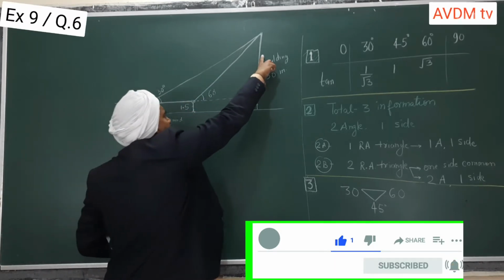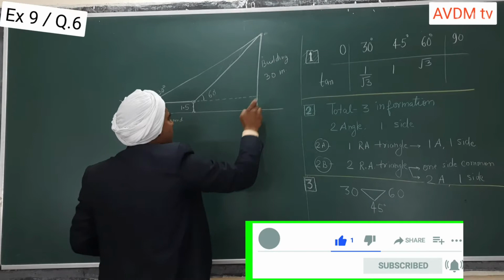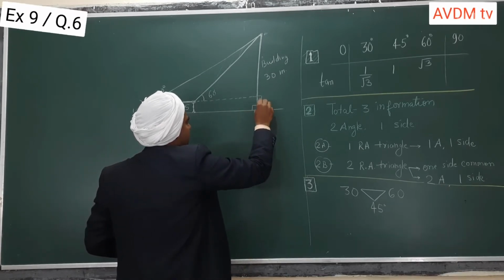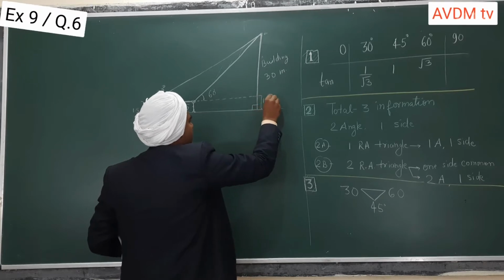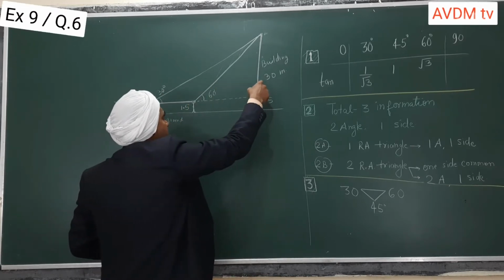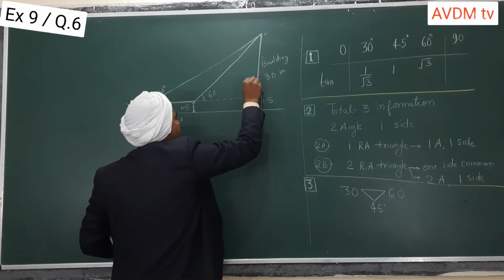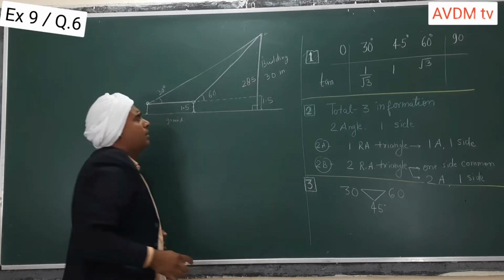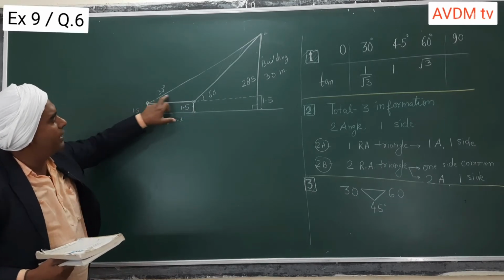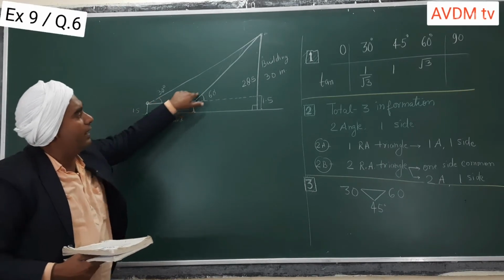We know the height, for this obtuse angle triangle you will subtract 1.5 from 30. So the height of this obtuse angle triangle is 28.5. In any obtuse angle triangle, if you know 30 degree and this is 120 degree and height,